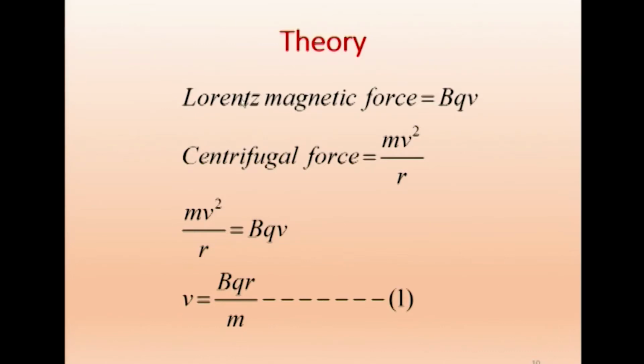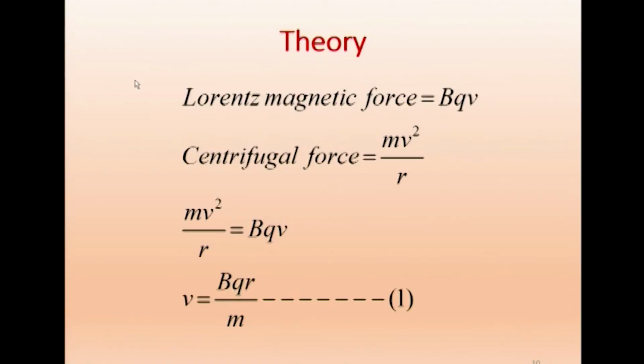Now we will go to the theory. Now we have understood how it works. For a layman, that is sufficient to say what is happening. Now we have to go for more physics derivation. Already we said the disk is there, the D's are there, the magnetic field is applied here. So there will be a Lorentz force. Lorentz force will try to bend the particle towards the center, and the centrifugal force, the particle will try to go away. Both must be balanced.